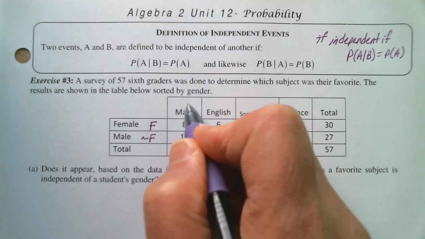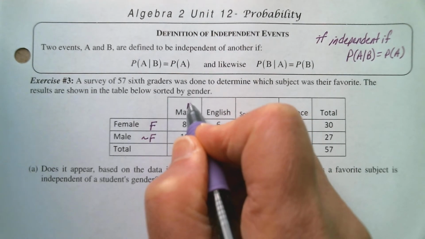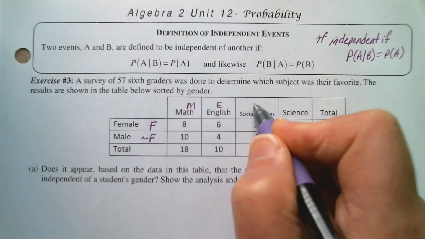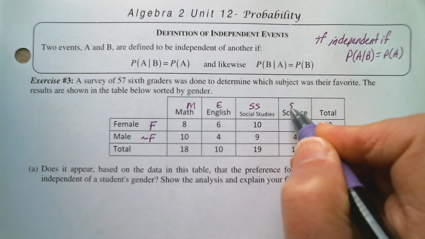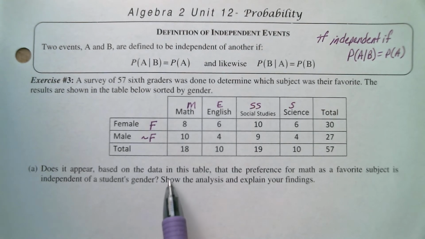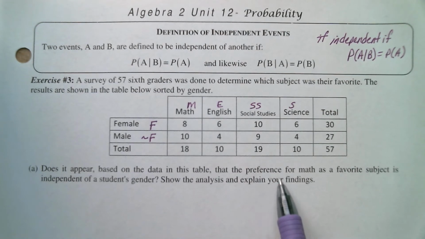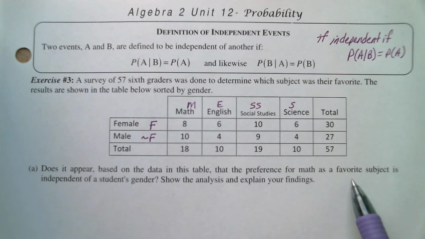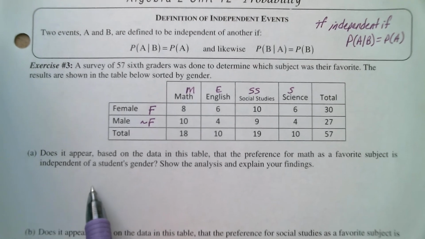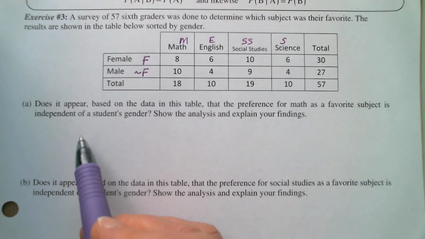Math would be M, English I'll label E, social studies SS, and science S. Does it appear based on the data in this table that the preference for math as a favorite subject is independent of students' gender? Okay, so if we are testing for independence,